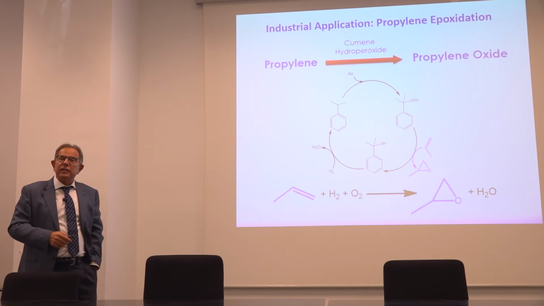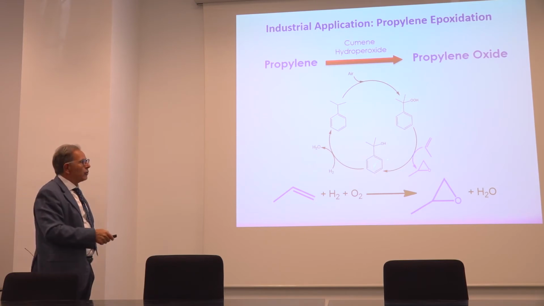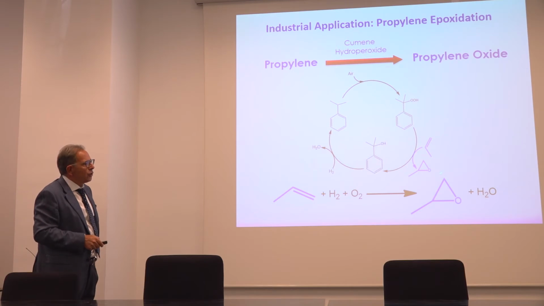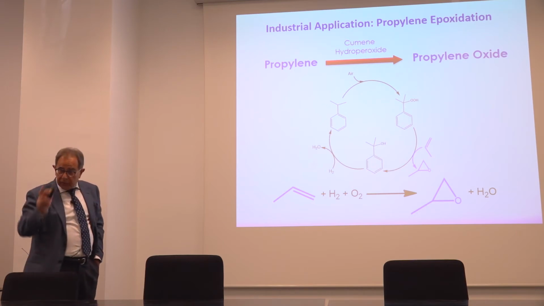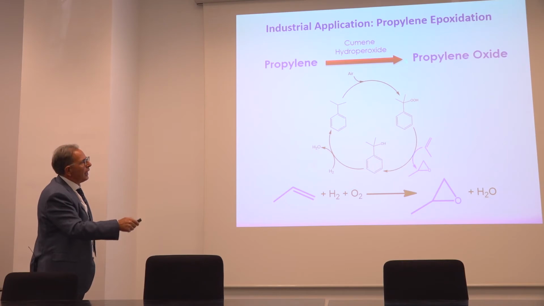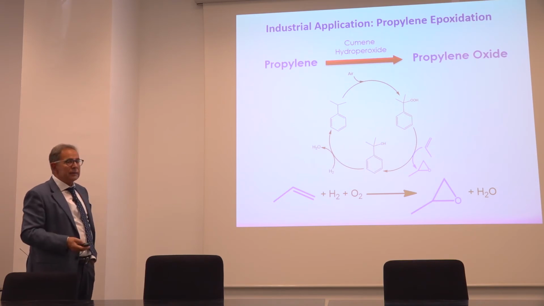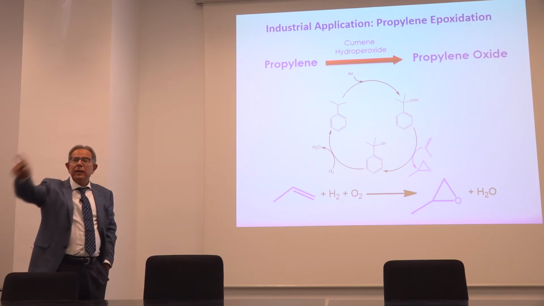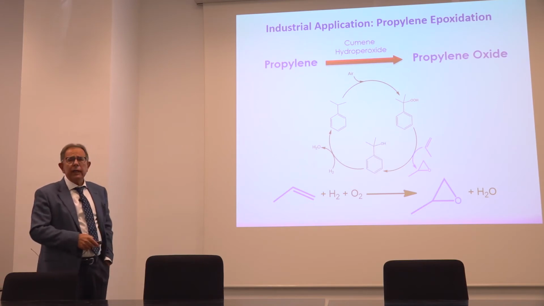Then you can go into a system, in the same process, in which you generate the peroxide in the process. You start with cumene, then you oxidize it into cumene hydroperoxide, you transfer the oxygen into the propylene to make the epoxide, then with the alcohol that you have, you now dehydrate and hydrogenate, everything inside the same process, not the same reactor, but the same process. And then you regenerate the peroxide again. So by following this route, at the end, what you do is olefin plus hydrogen plus oxygen to the epoxide. The cumene is just the transporter that you have there. Well, that is what is now called the cumene,